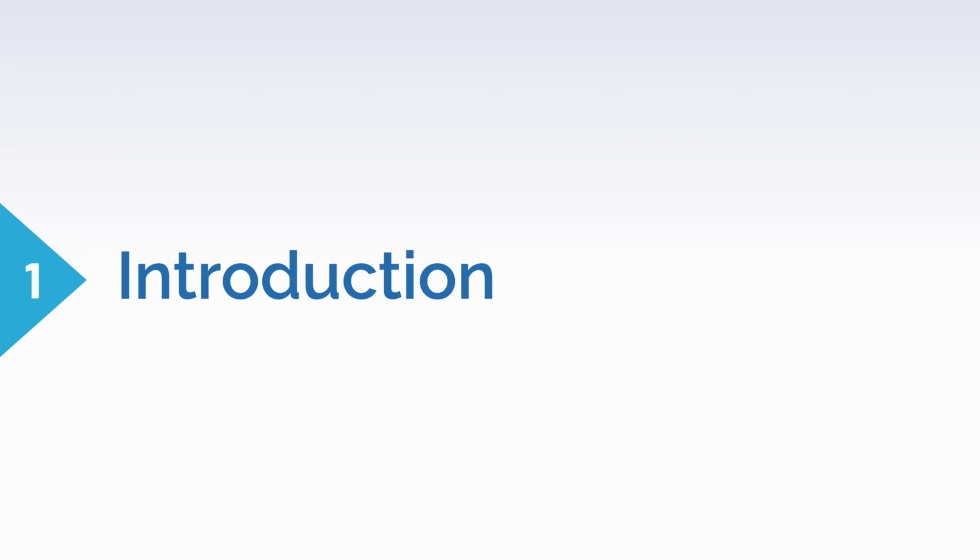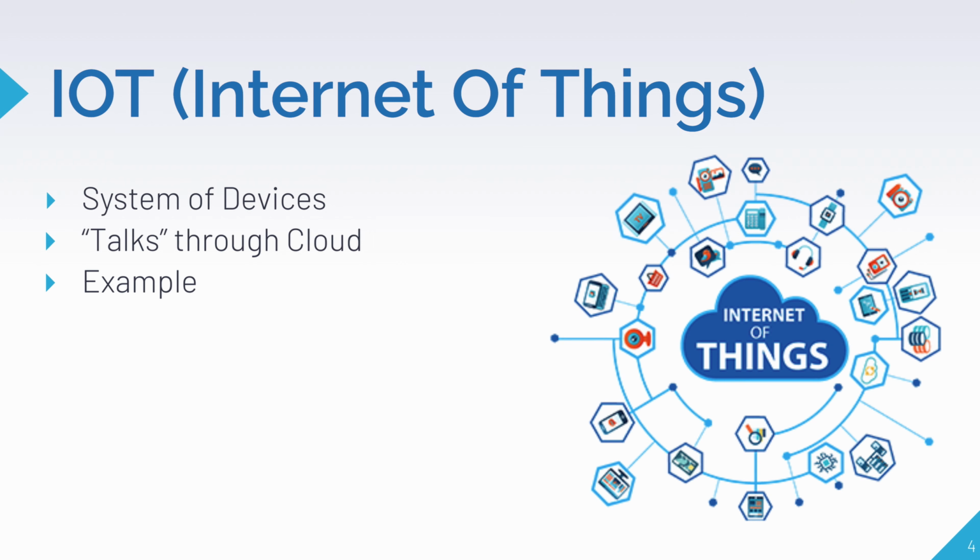So let's look at the introduction. First, we'll talk about IoT. So IoT, or Internet of Things, is a system of a bunch of devices working in conjunction with each other. All of the devices and the sensors can talk to the cloud through some kind of connectivity. In today's video, we'll use our IoT device, which is the Raspberry Pi, and make it talk to